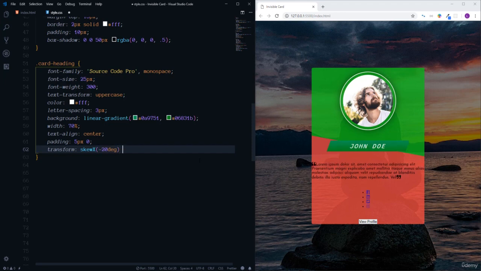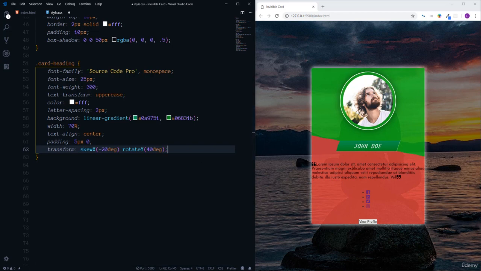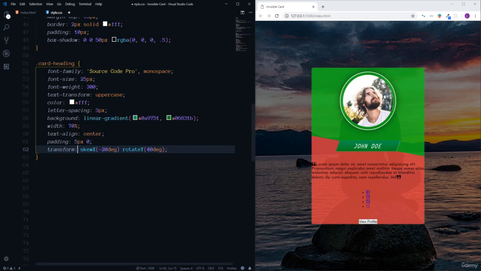Next, let's use rotateY. It allows us to rotate element vertically according to y-axis. Let's insert here 40 degrees. So as you see, it seems that width of element is decreased, but in fact element is just rotated. In order to see better, I mean to create 3D space, we need to use perspective. It allows us to create a 3D environment for element. In this case, let's write here